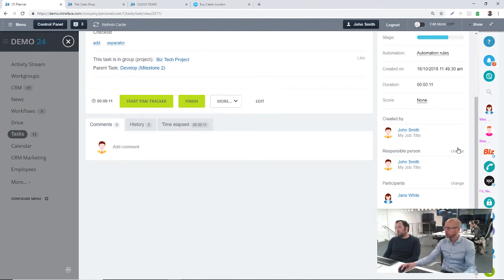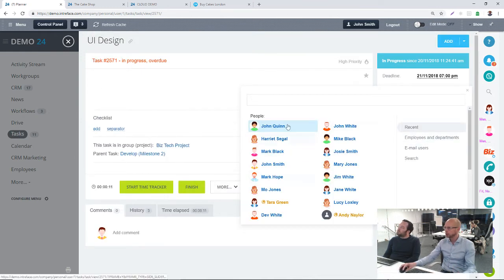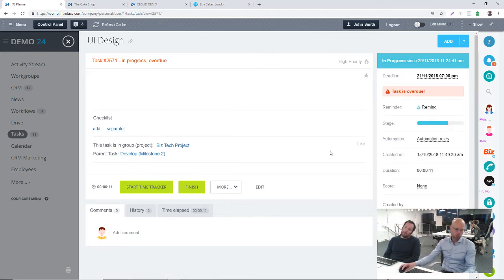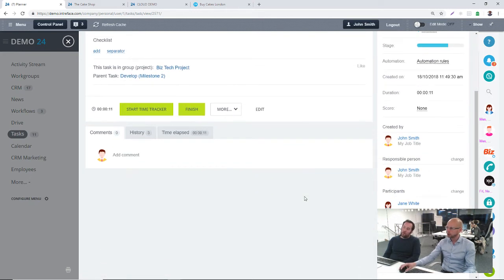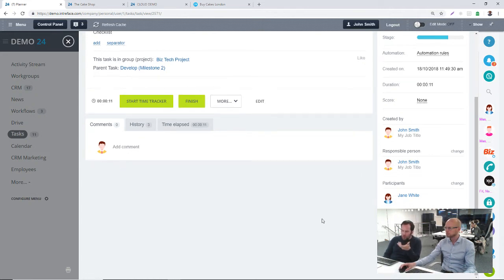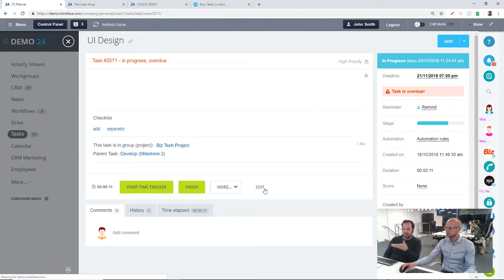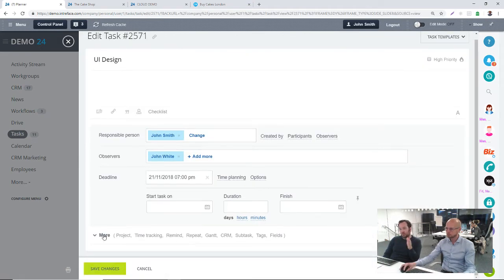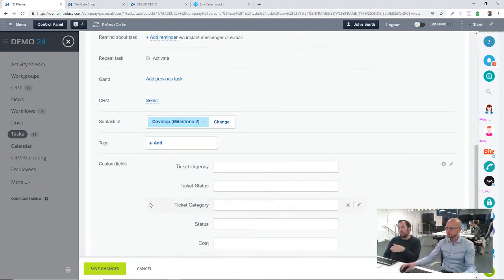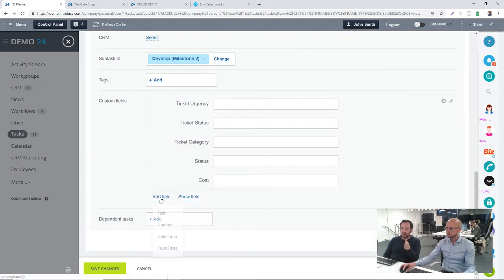With a responsible person, you can change it to anybody. You can't change it to a group. So the only way really is to create a user for that group and call it by the name of the group or something. Because you can create a task and assign it to multiple responsible people, but it will create a duplicate of the task,